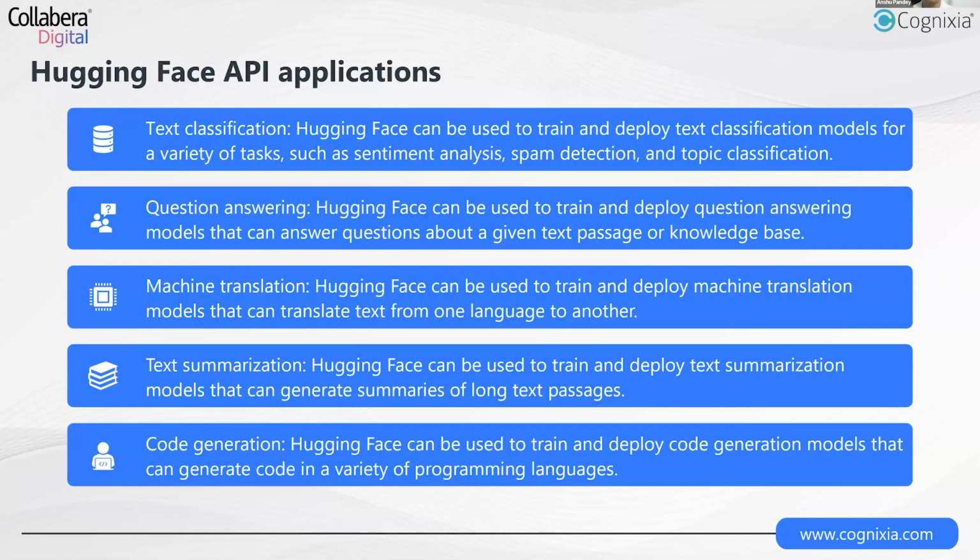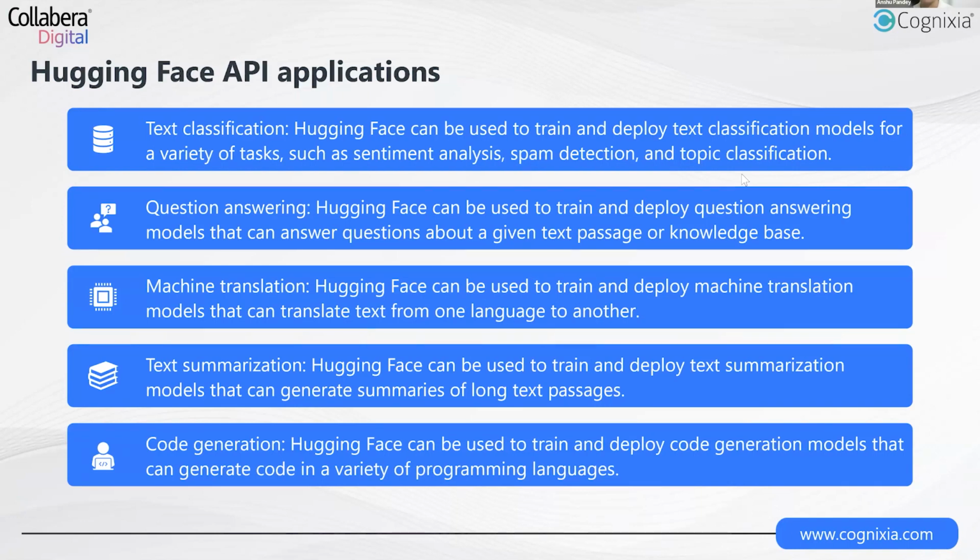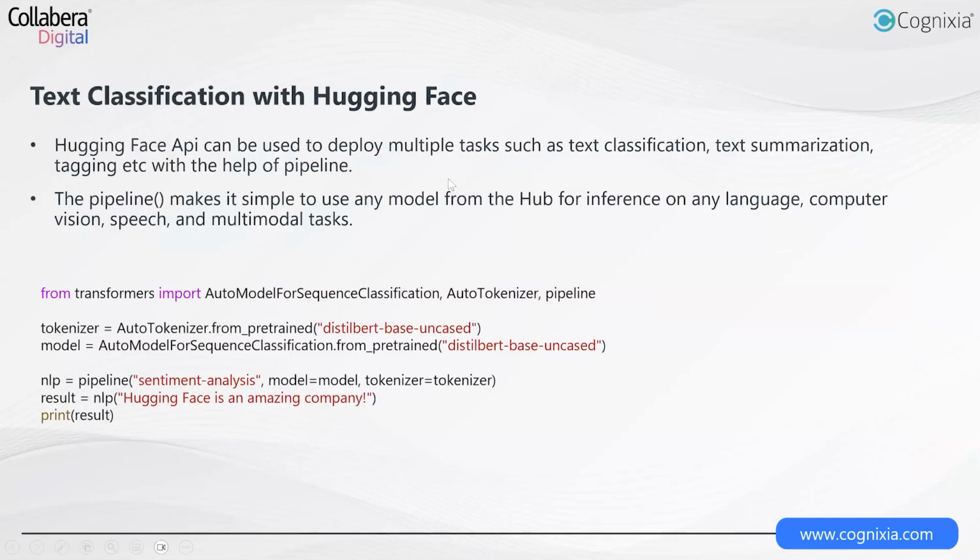Today enterprises and engineers across the world are using the Hugging Face API to develop state-of-the-art NLP solutions, such as text classification solutions, which can classify text into one of many categories, question answering engines, language translation engines, text summarization engines, and code generation engines as well. Here's an example of code for Hugging Face for text classification, which you have already seen. And similarly, you can use it for entity recognition and many more. That is about large language models and one of the ways to access them via the Hugging Face API.